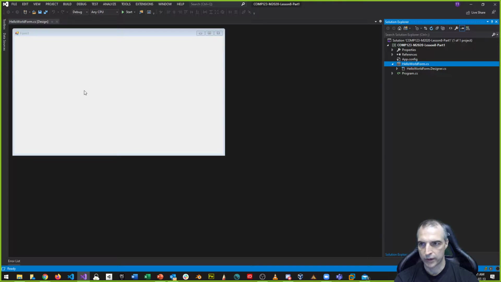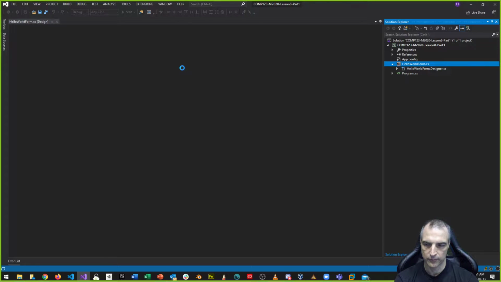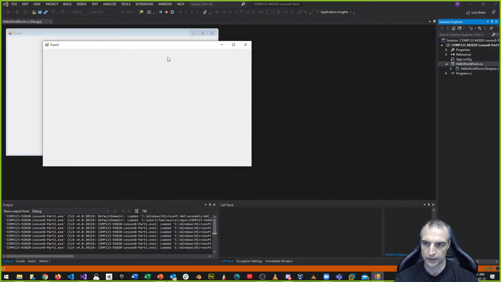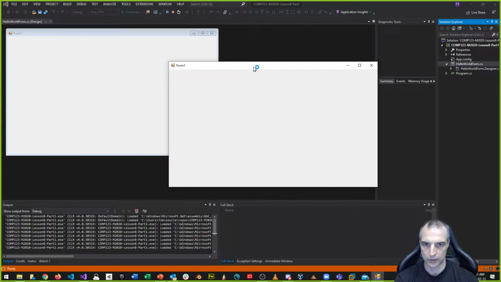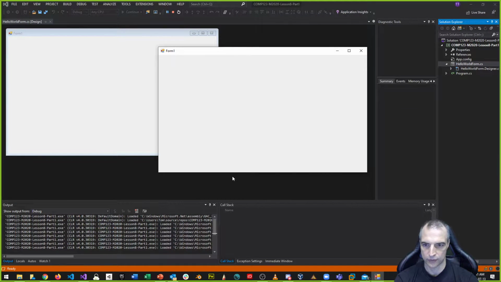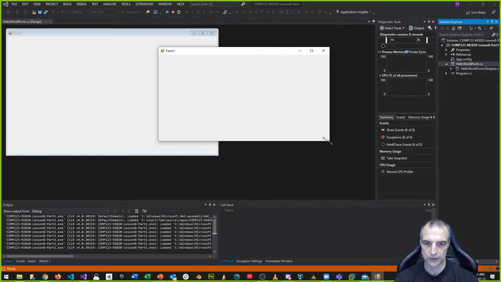All right, what I want to do now is just let's run this thing. So I'm going to click Start, and just let's run this form and see what we get. So if everything goes well, and if you've started your Windows form, and we start running it, you can see that we get this Windows form that looks like any other application right now. By default, you can see that it is